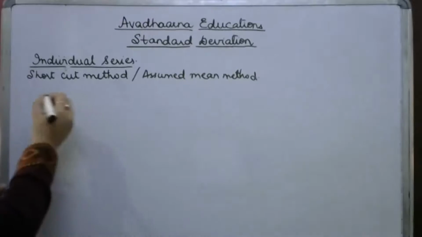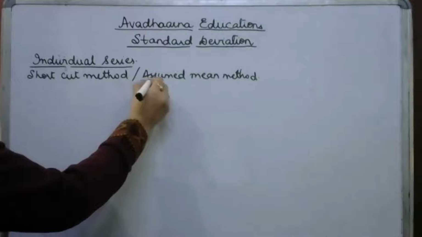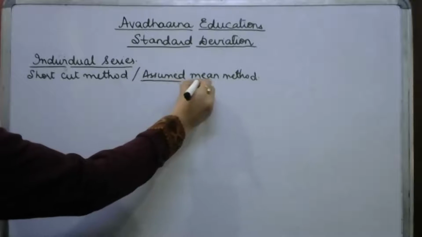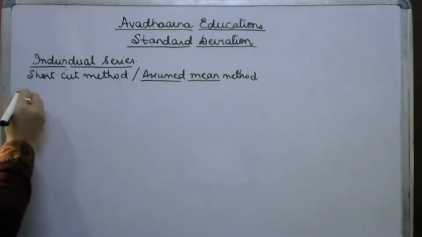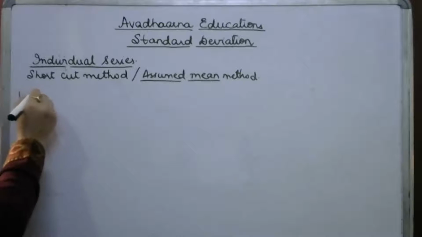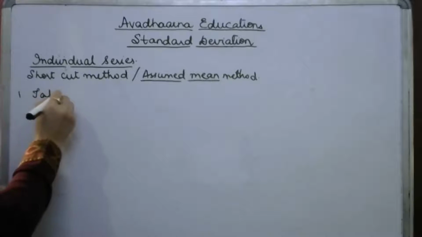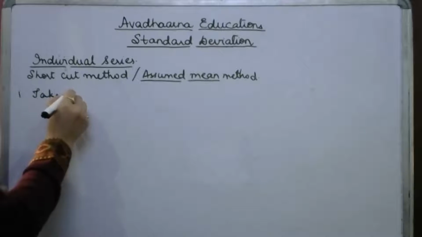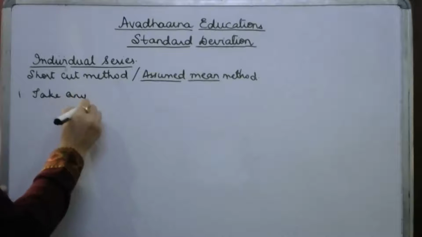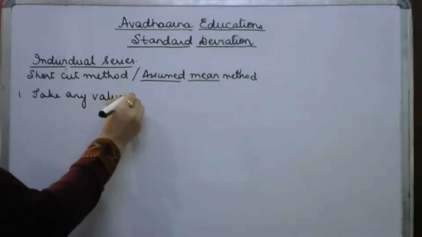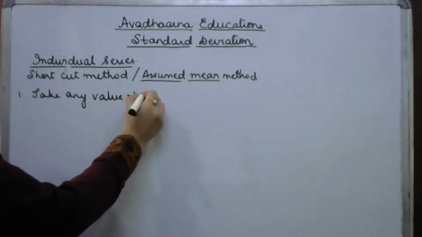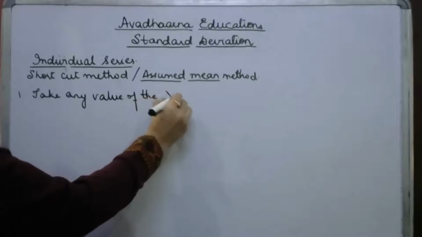Since the name of this method is assumed mean, as a first step we are going to take any value of the x